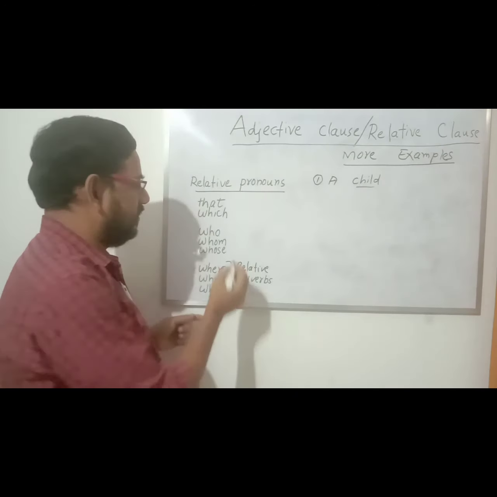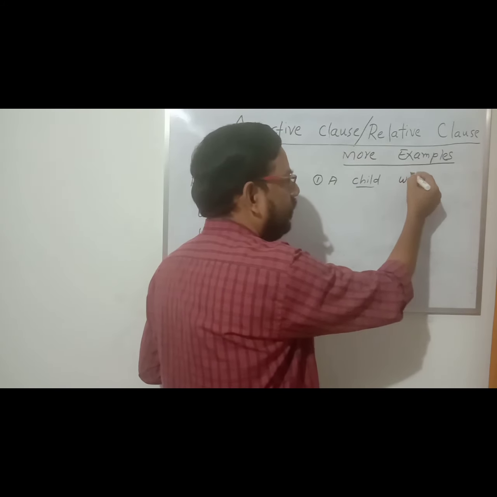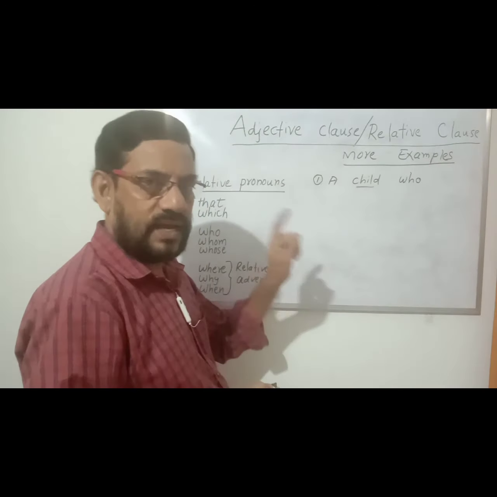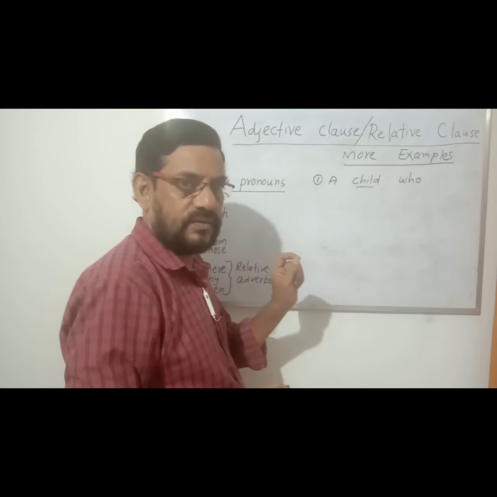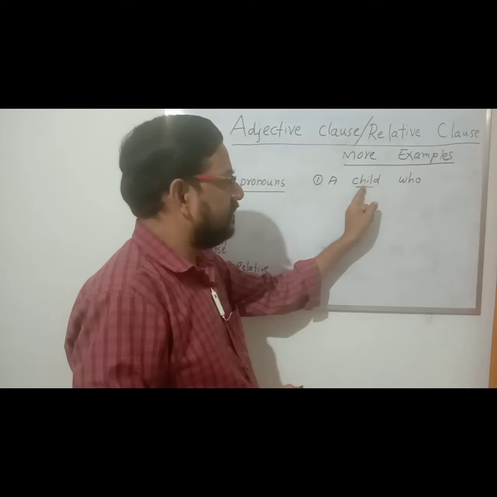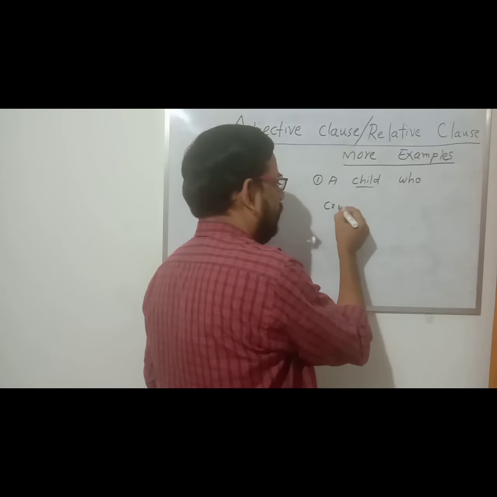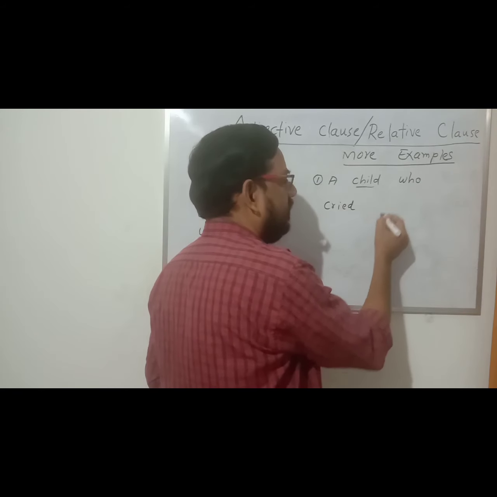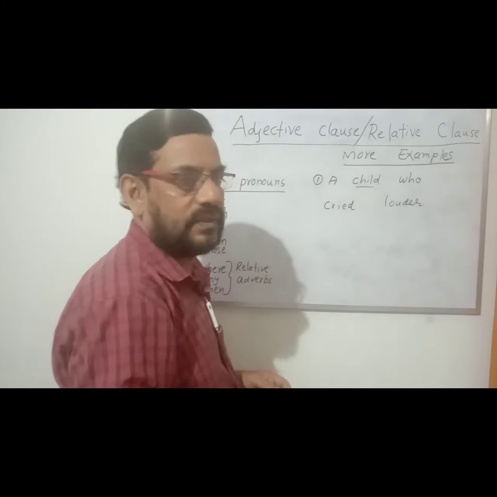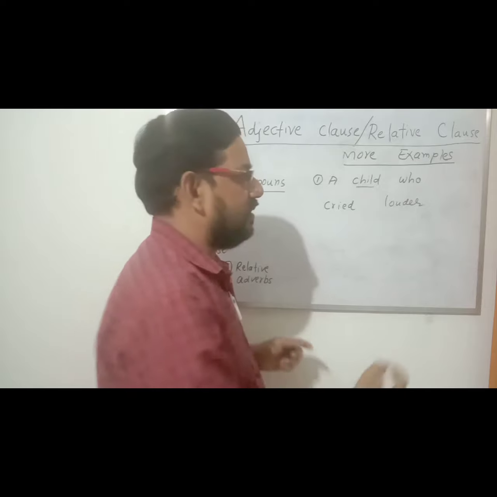For child, we can use who. A child who. For a child, we can use that also. A child that. For child, that also we can use. A child who cried louder